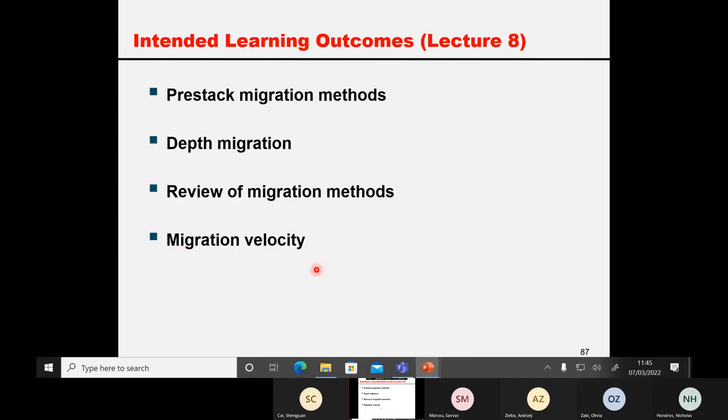So after this, in this lecture, I mentioned that there are at least 3 research directions, right? The most ultimate research topic is that you do the migration in a velocity independent way,